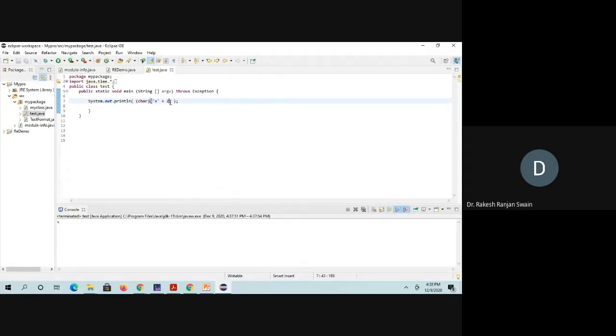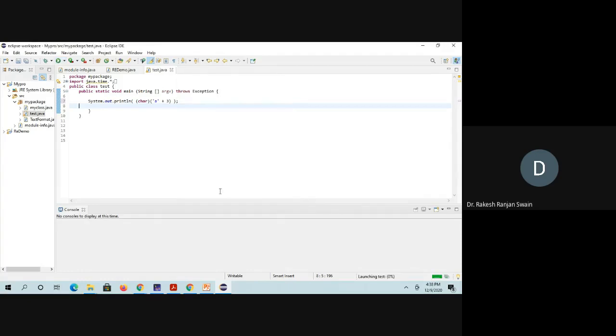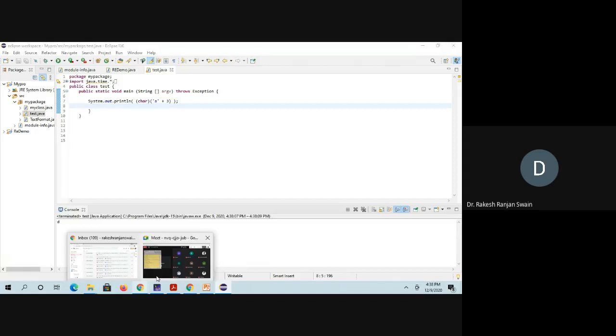Similarly, if you add 3 here, then the result will be d. Without this typecast, it gives the integer ASCII value. But if you give the typecast, then it converts again to the character. So if you want to convert an integer to a character, we need typecasting.